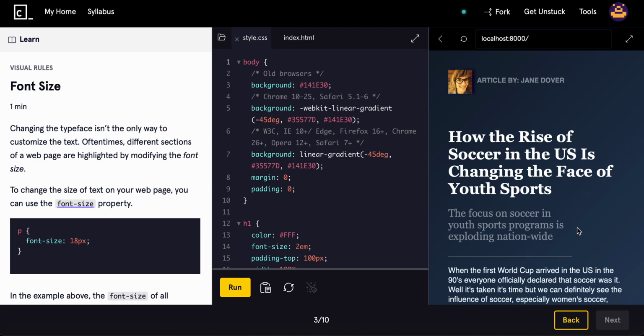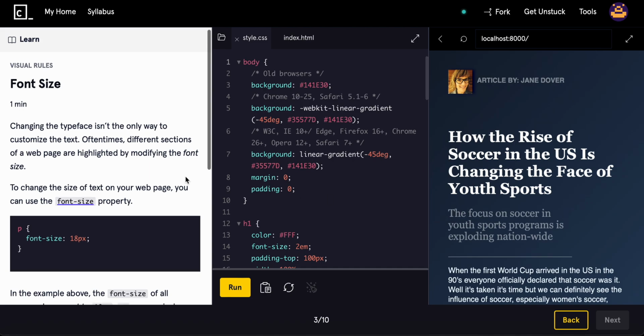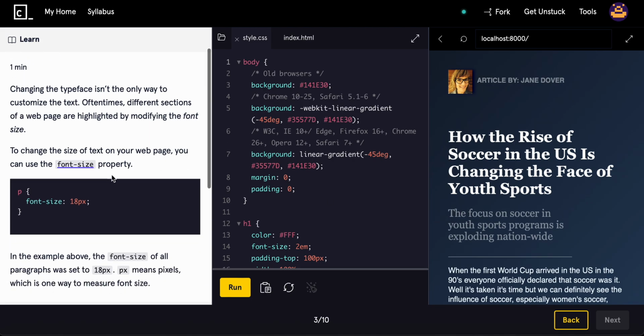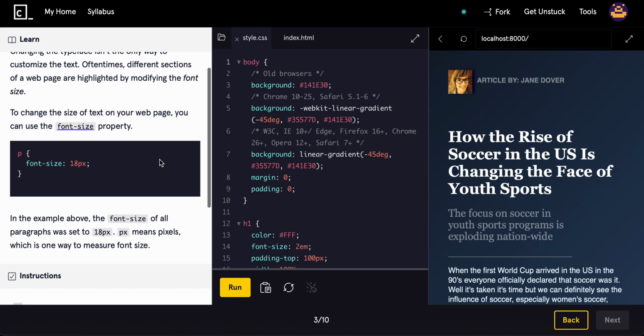Welcome back. Today we're going to be looking at the font size of web pages. Changing the typeface isn't the only way to customize the text. Oftentimes different sections of a web page are highlighted by modifying the font size. To change the size of the font on the text on your web page, you can use the font size